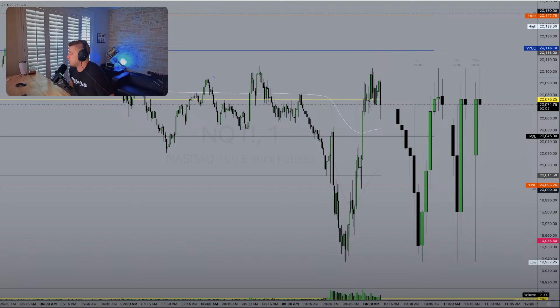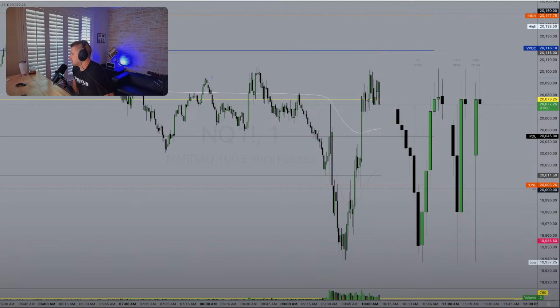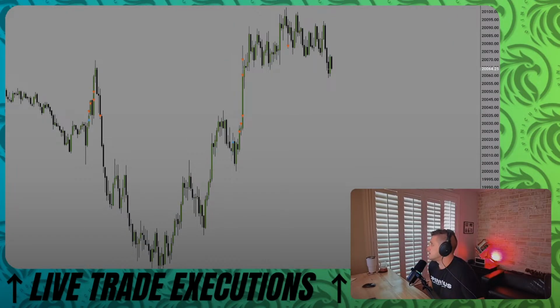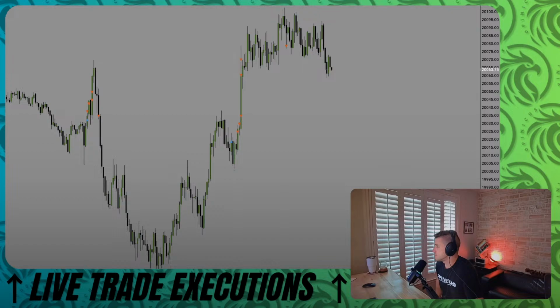The 20K move was about 90 points. Nice. I only got about 60 there. Entry around 20, and then final exit right around 80. Not bad.